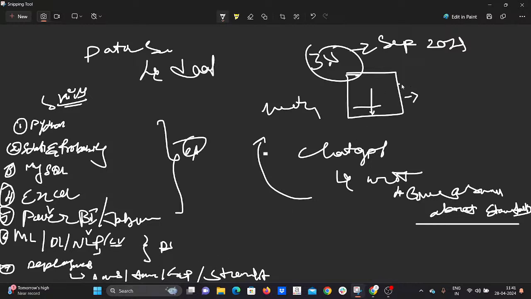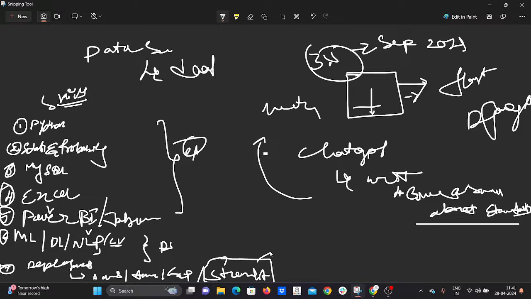We need to create a user interface in Flask or Django for the future. It looks very beautiful, unlike Streamlit. The Streamlit user interface is not that good, so for testing purposes we can use Streamlit. If you want to create a good and effective user interface, you can prefer Django.